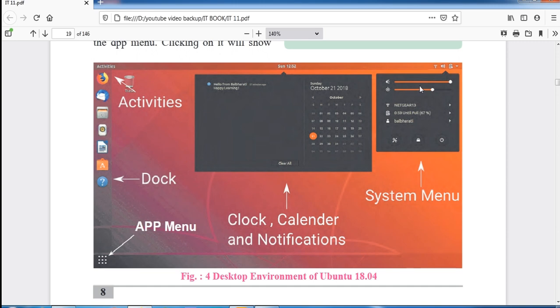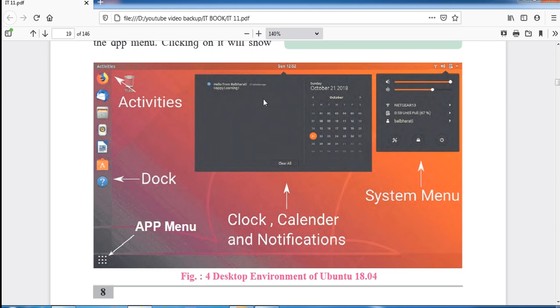This is all graphics, and with the help of graphics you can click on your screen and interface with the computer. That's why it is called graphical user interface. With the graphical user interface, the user can easily connect with the computer, and it is helpful for the user to give commands by using graphics on the screen.